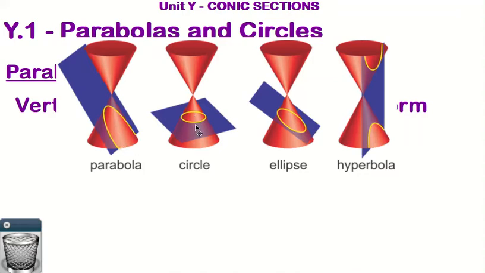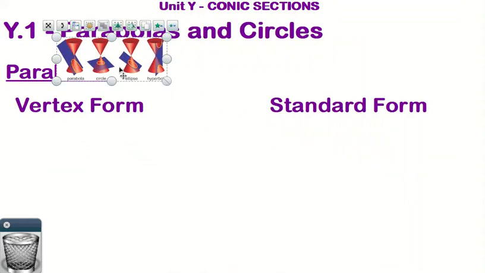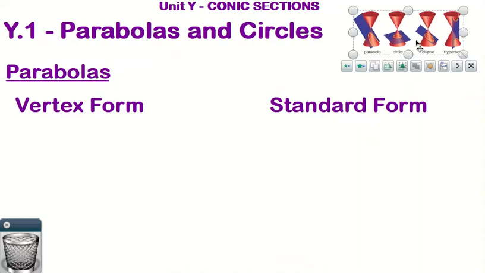That's what we're going to be looking at today, parabolas and circles, and then in later sections we'll talk about ellipses, which is essentially an oval, a kind of slanted slice right here, and then hyperbolas, when you have a slice like that through both of those cones. So let's get that out of the way. Today we're going to tackle parabolas and circles in what I'm going to call section